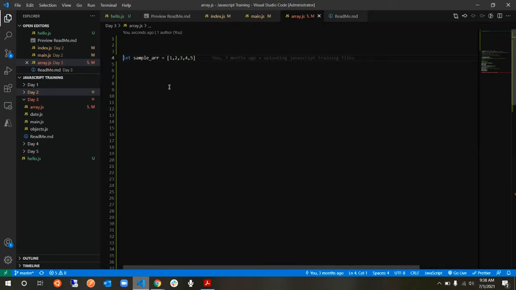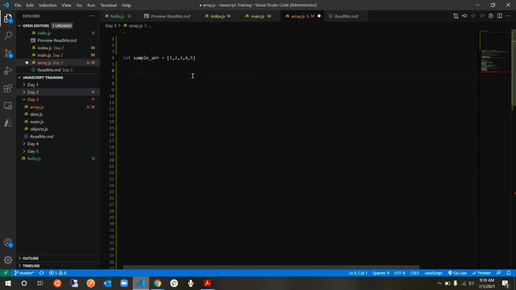So now you know both scope and mutability. With that in your mind, you can define whatever you want. You can see that we have declared an array with 1 2 3 4 5. An array is defined within two square brackets, and elements are separated using commas.